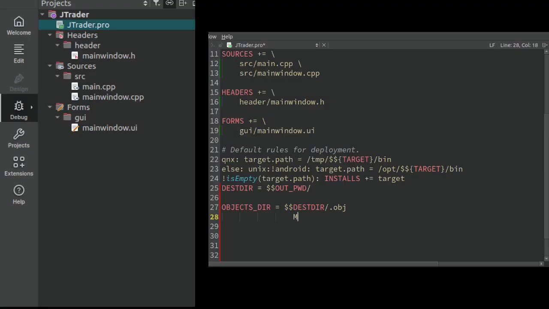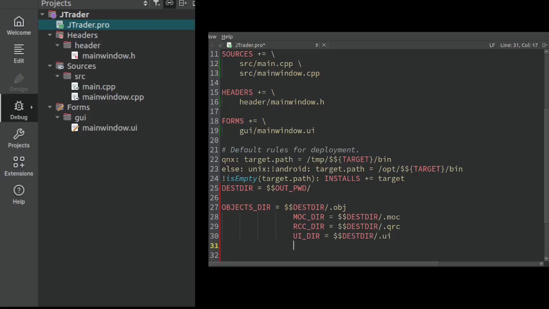I'll then set the mock directory also to this destination directory .mock. I'll set the RCC, which is a QRC dir, to that directory .qrc. And I'll set the UI dir to that destination directory